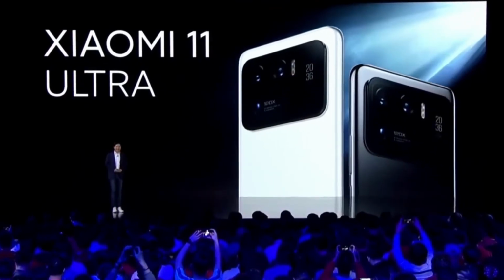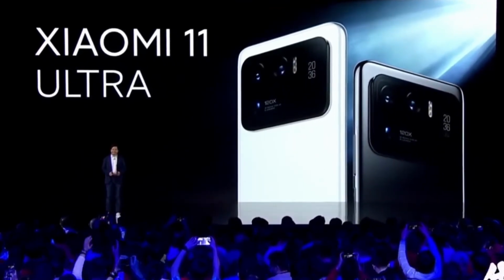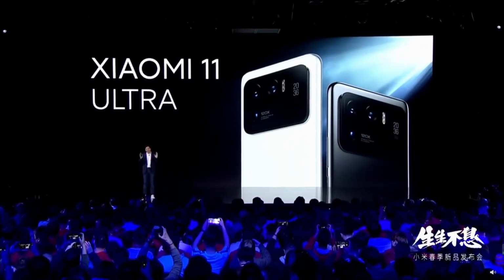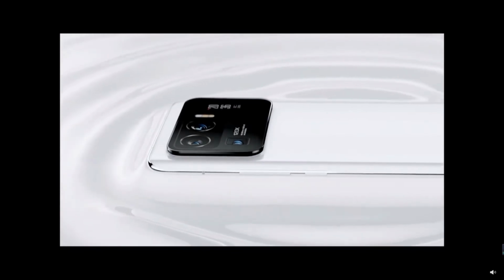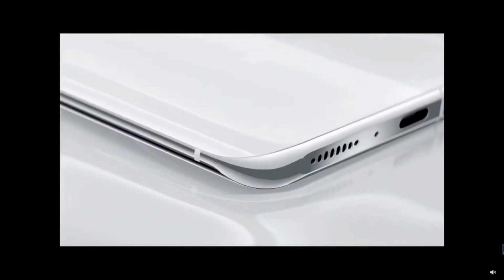Alright, so the next was the Ultra. Now the Ultra, once again, spec-wise, is very similar to the Pro that I just mentioned, with 2 major differences. One is the design, and 2 is obviously the camera. Now let's talk about the design. First of all, it comes in 3 different colors, and it's made from ceramic rather than matte,